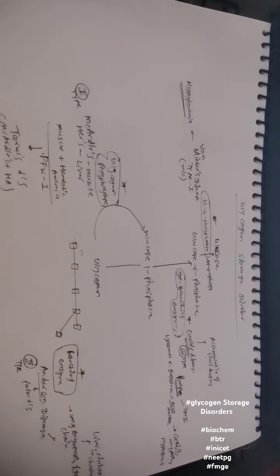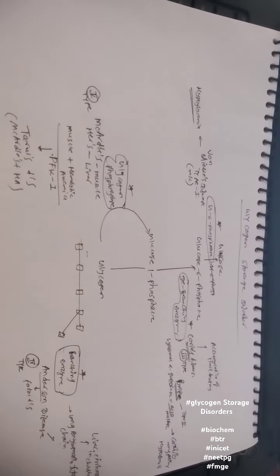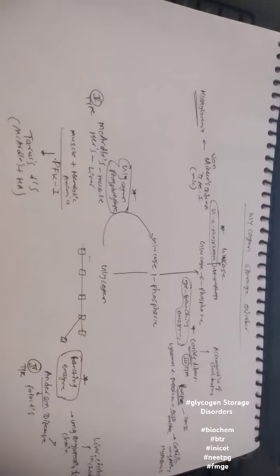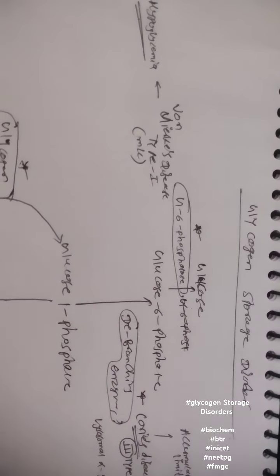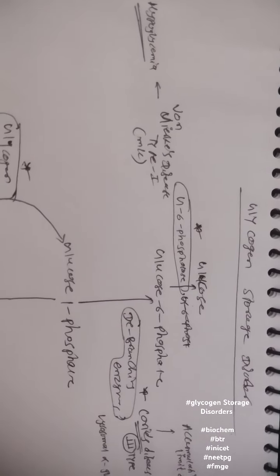Now we will see glycogen storage disorders. From glycogen it becomes glucose 1 phosphate. From glucose 1 phosphate it becomes glucose 6 phosphate, and from that it becomes glucose. We can see in the last step, glucose 6 phosphate becomes glucose with the help of the enzyme glucose 6